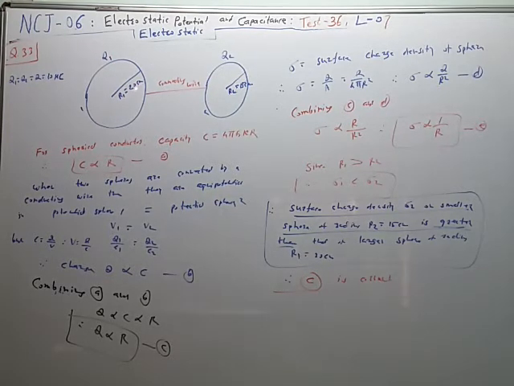Now, when a wire is connected between the two spheres, then because of this wire, some charges will go to this, and there is a redistribution of charge, and they will have equal potential. So when the wire is connected, the two bodies become equipotential. Therefore, V1 is equal to V2. So capacity C is equal to Q by V. Therefore, potential is equal to Q by C. So using this relation, Q1 upon C1 is equal to Q2 upon C2. So charge on condenser is directly proportional to its capacity.